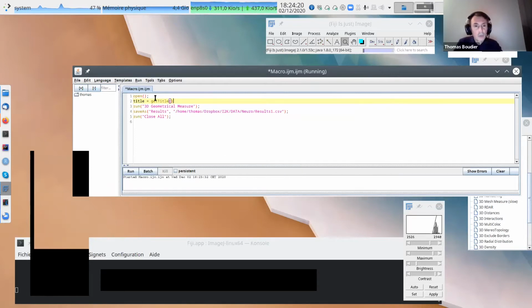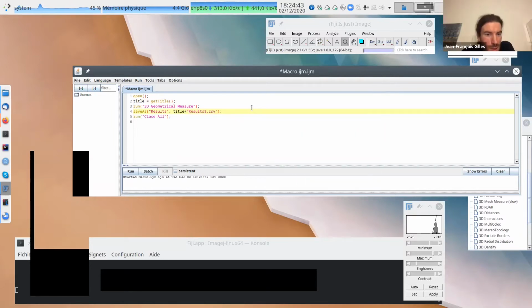So maybe we just want to save with an interesting name. So the problem now is more data organization, data management. We open an image, we get the name of the image, we do the geometrical measure, we save as result with the name of the image, title, plus the path, I think. Yeah, the path we see later. You will save anywhere, but just to start. Title plus result. I'm not sure it will work. Well, just have fun with macros. Okay. So this is our first stupid macro.